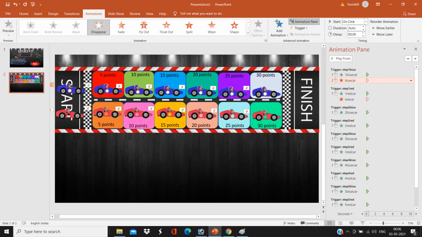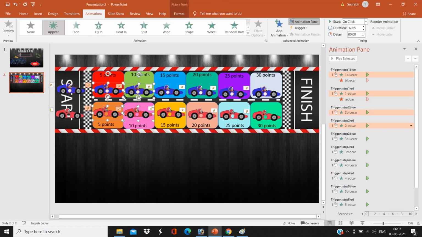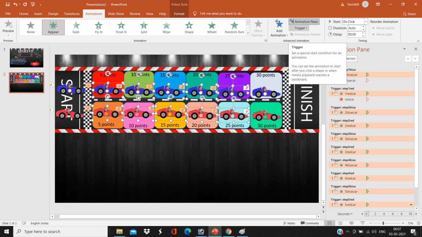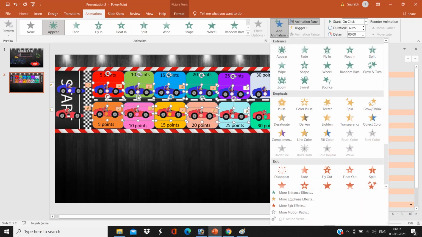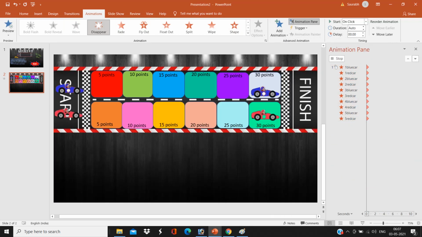Because when I click on my first rectangle, the car on the start line should disappear and the car should appear on the first rectangle only. Like this, I am going to select the 5 cars which are on 5 point, 10 point, 15, 20 and 25 coins, 5 blue cars and 5 red cars, and give the animation of disappear.